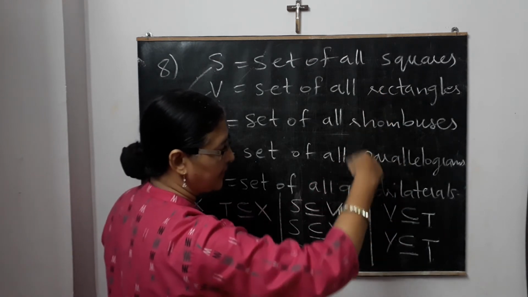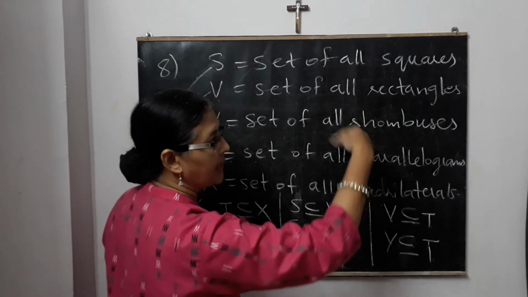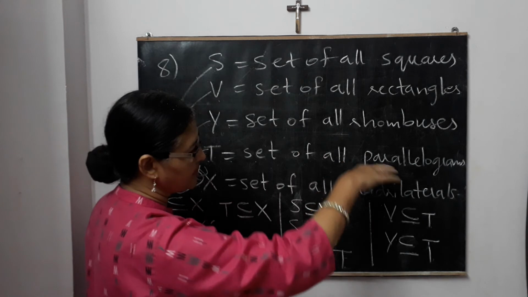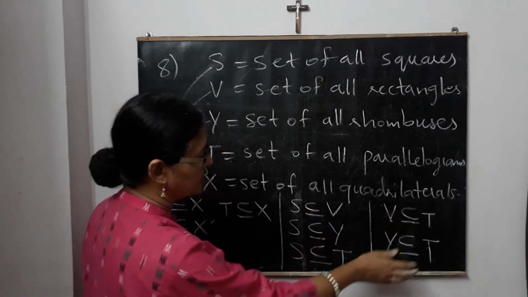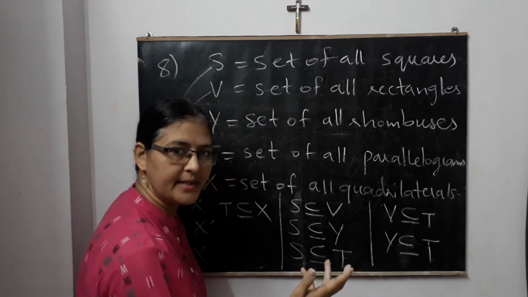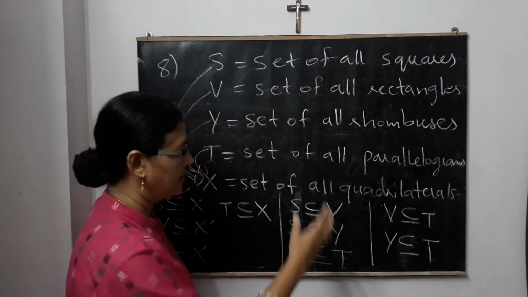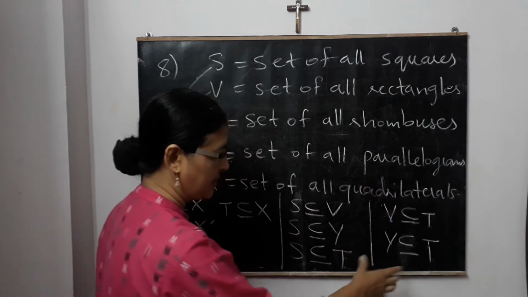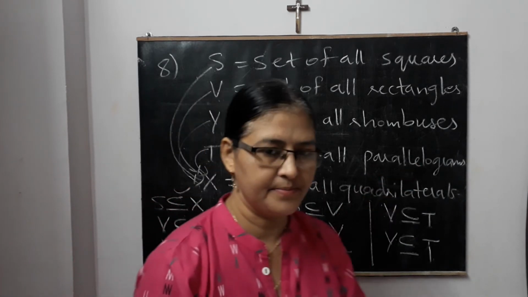Clear? Again, a rectangle can be called a parallelogram, but a parallelogram cannot be called a rectangle. So rectangle will be a subset of parallelogram. And last, that is rhombus. Again, rhombus is a four-sided figure and all four sides are congruent. That will come as a subset of parallelogram. Okay, so that is how we represent.